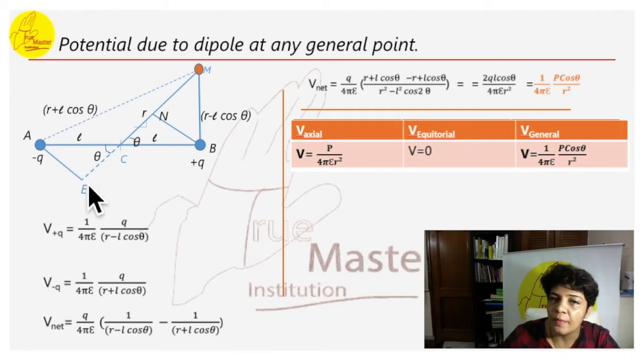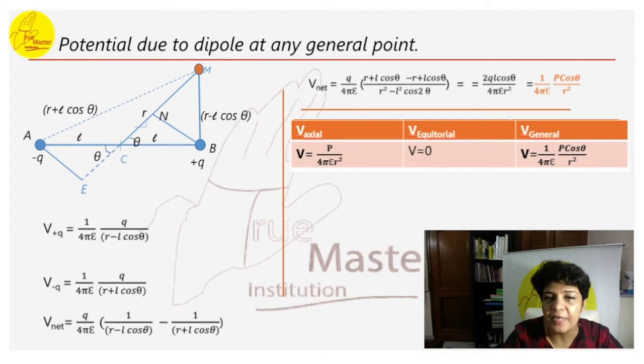The value for MC is known as R. We have to find out the value for CE. Now we know this angle is theta, the general point. Similarly, being opposite, this will also be theta. Since this is theta and this is L, cos theta here will be, if you see CE and L, so what can we write? CE will be equal to L cos theta.